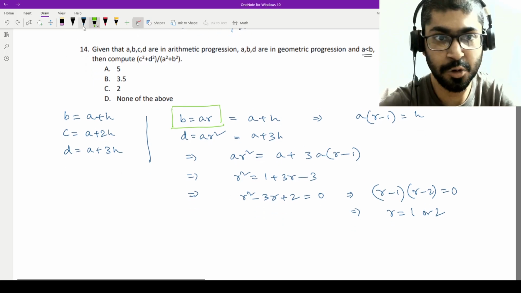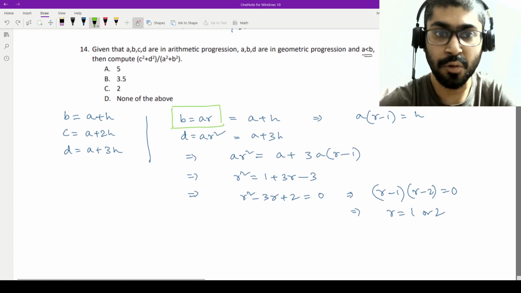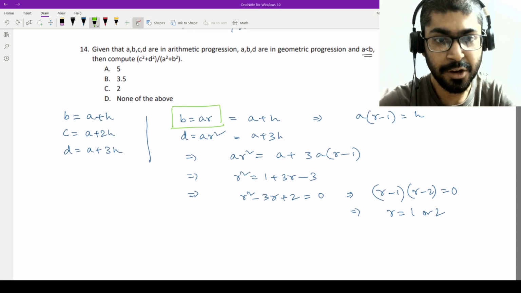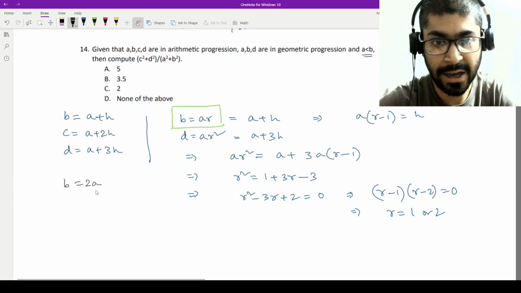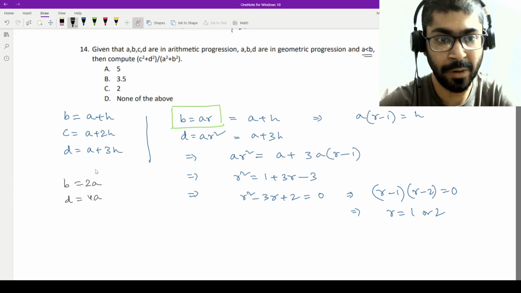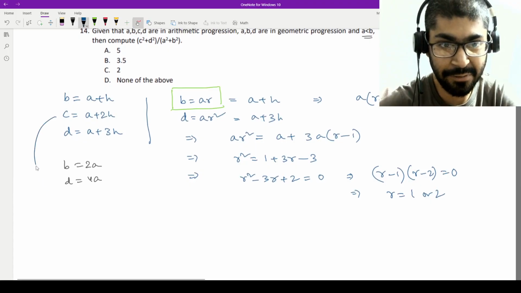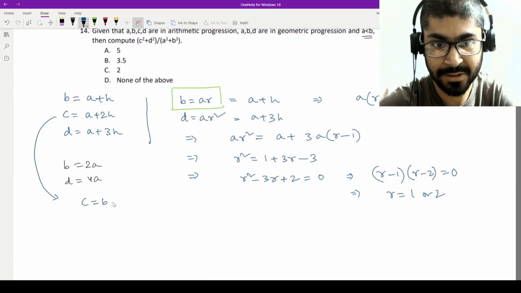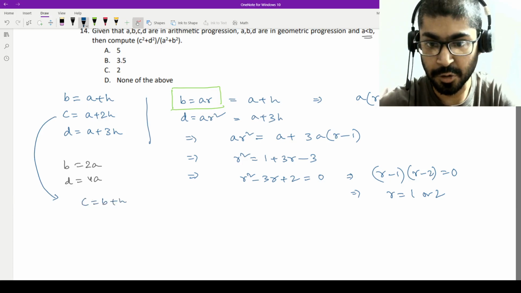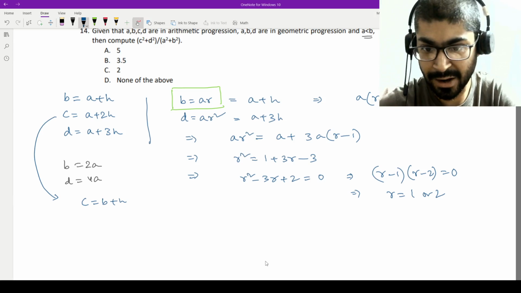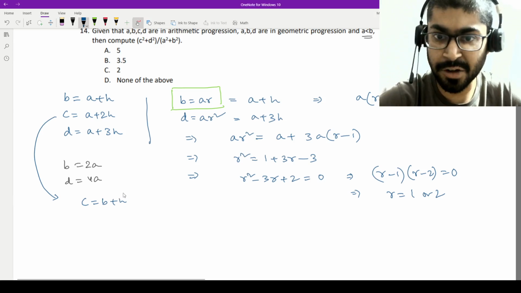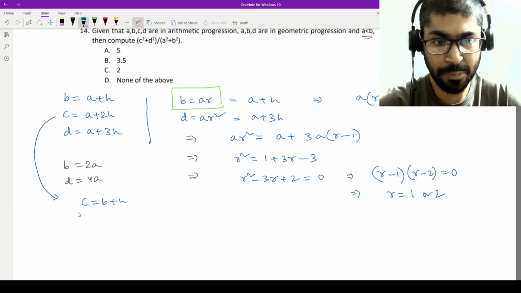Fine. If r is equal to 2, then what can we get? Now for r equal to 2, once we have confirmed that value, we can get the value of b as 2a and d as 4a, right? So what will we take as c? Well, c from here can be written as b plus h, right? So if c is equal to b plus h, then we would have to look into the relation between the values of a and b, right? So c is equal to b plus h. Now b is equal to 2a,